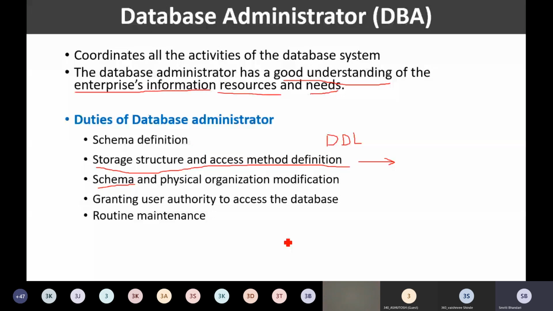The last duty of the database administrator is routine maintenance. What do we mean by routine maintenance? If I have a huge database, I need to maintain that database. What I mean by maintaining the database is that I need to have a backup of the database periodically. There is always a threat that sometimes there may be a failure with my hardware.